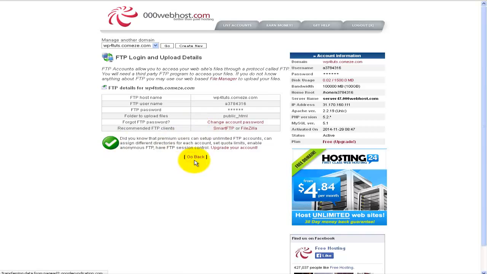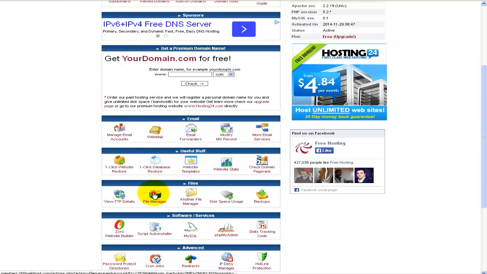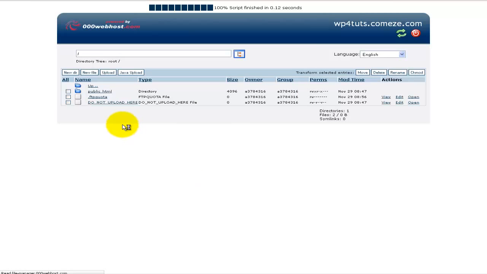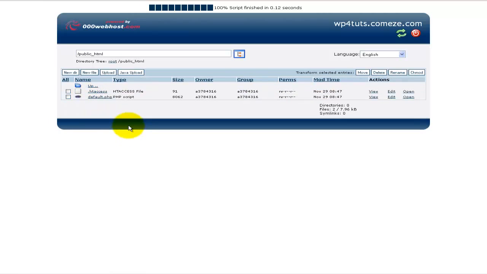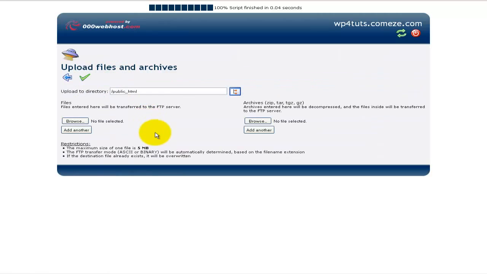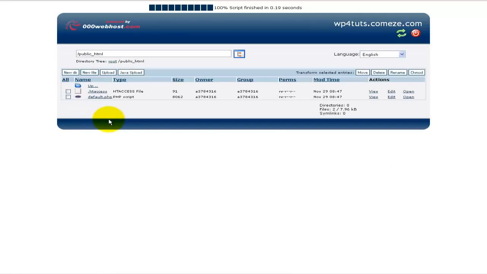Okay, I'll go back and actually I'll go into File Manager. Alright, so these are all the files that I currently have on the server under my account, and I will go into public, and what I'll do now is go ahead and upload. However, I can see that the limit is only 5 megabytes, so I will not upload files bigger than 5 megabytes. What I'll have to do in this case is go back and use FileZilla to upload all the files. Alright, so